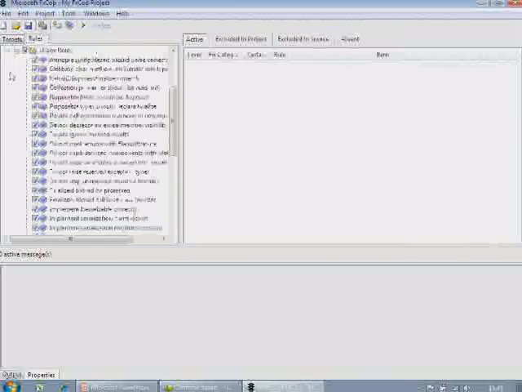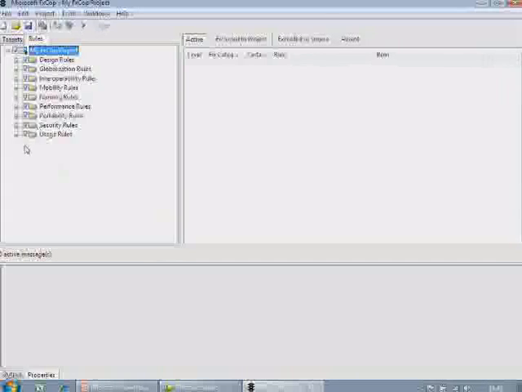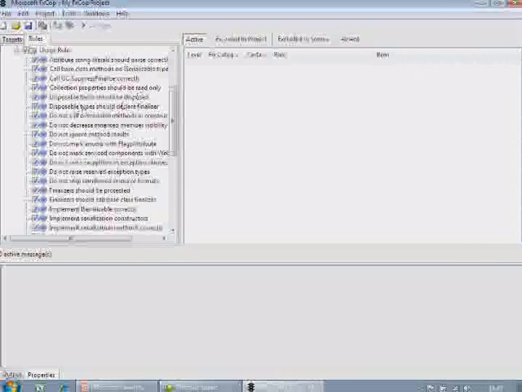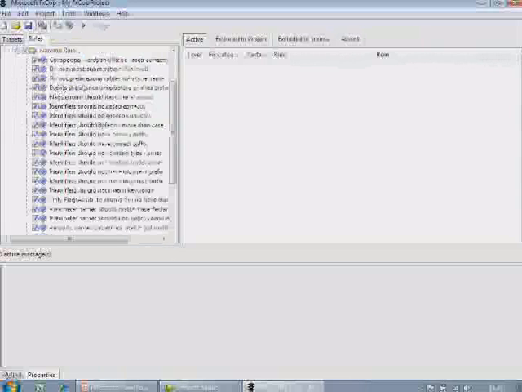So these are the usage rules. You can expand them to see what rules they are. You can basically uncheck and check the various rules that you want to include in your analysis. Like if you don't want to include some specific rules, like in naming. Like I don't want